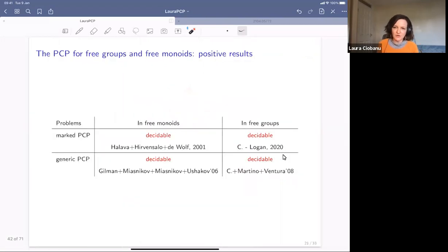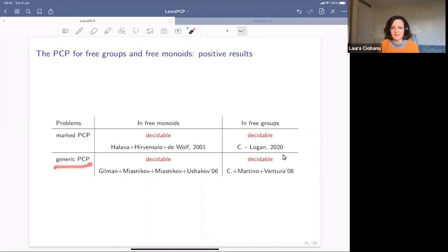Now, for some positive results, we will need some good news these days. There are some things we can do. So now I have 2 problems, as I said, variations on PCP, or rather for specific maps, and I'll tell you what these are. And so marked PCP, I'll get to that in a second, but let me start with